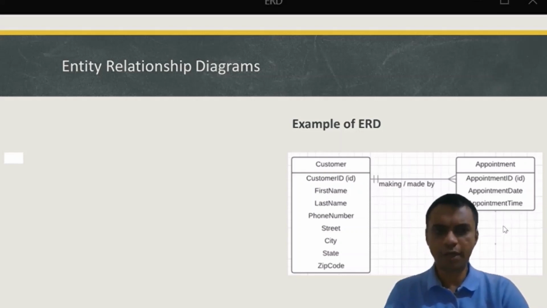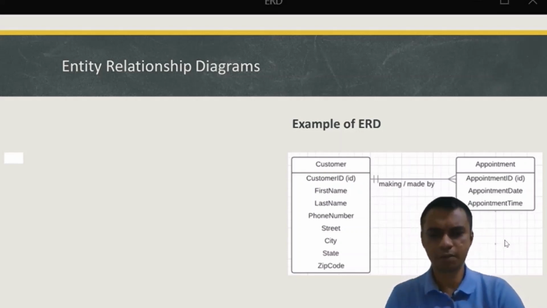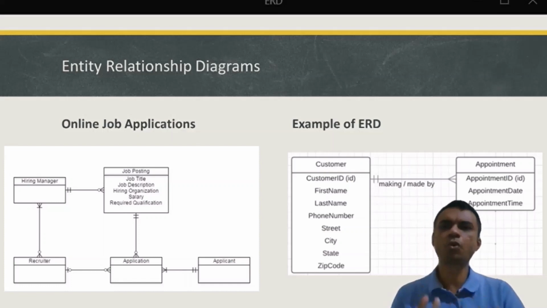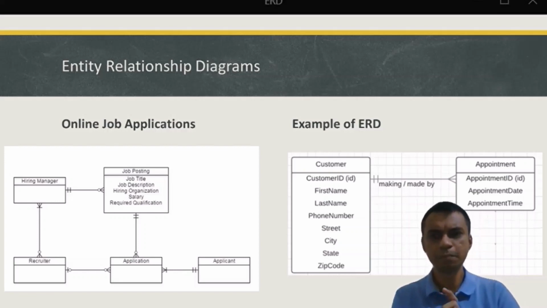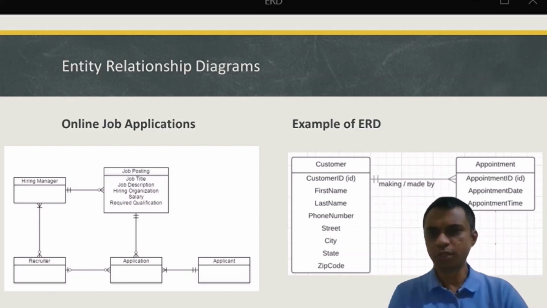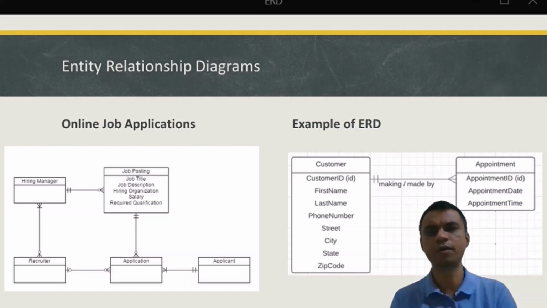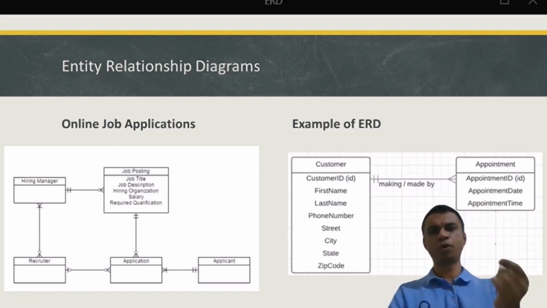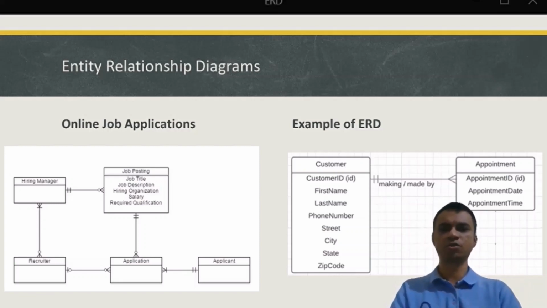We'll also take one more example to basically reinforce this concept, which is a little more complicated than the first one that we saw, because it has more entities involved, although all the relationships are still binary relationships. So this is the situation of online job applications, where there are different applicants who are applying for job postings. So if you imagine a situation such as a job portal, say Naukri.com or Glassdoor or one of these places,